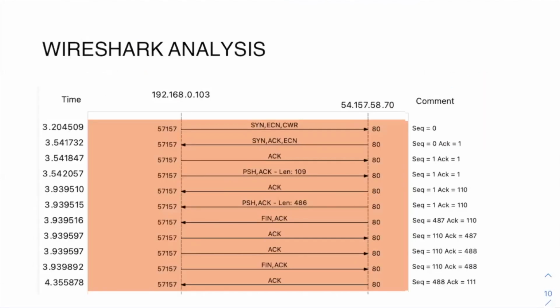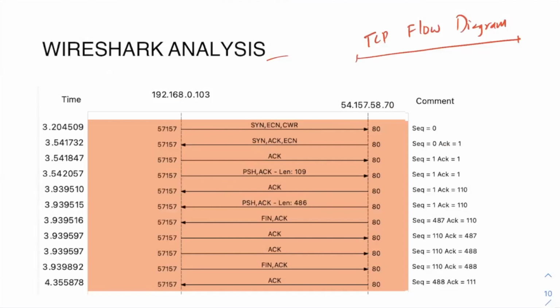Now let's try to understand the TCP connection termination with the help of Wireshark. So here we have the TCP flow diagram. You can obtain this from Wireshark easily. Whenever you do some analysis, you can obtain this TCP flow diagram from Wireshark. And this diagram makes it easier to understand how the packets are flowing from client to server and server to client. In this case, first the client wants to establish a connection, and after that the client wants to send some data, and the server will also send some data to the client. So they're exchanging some data.